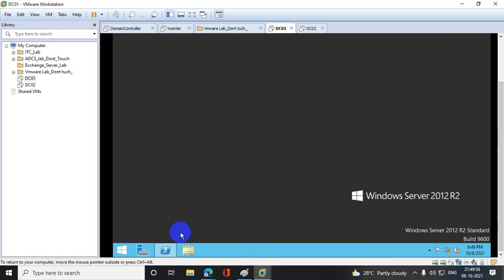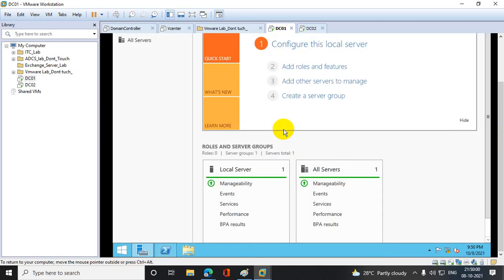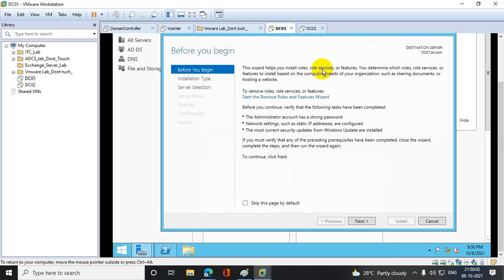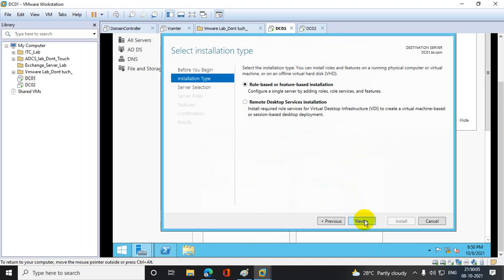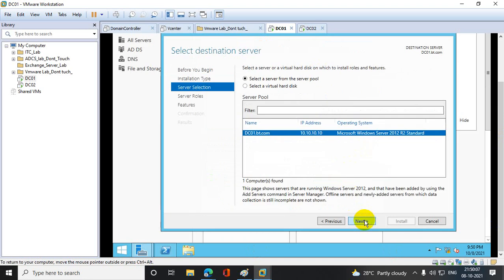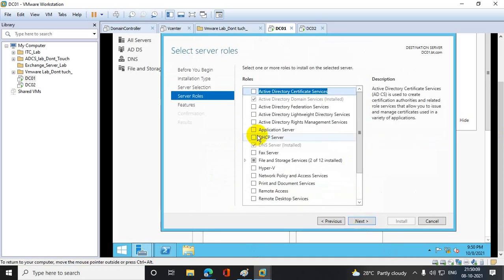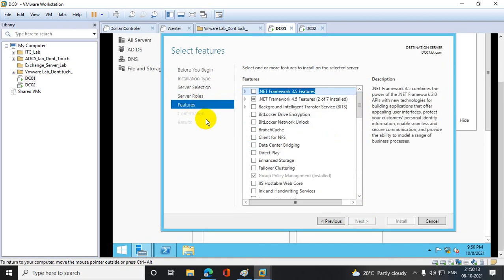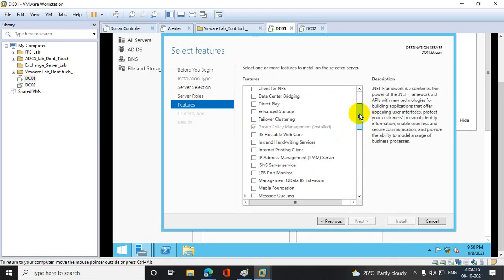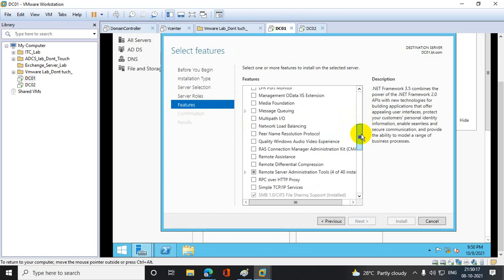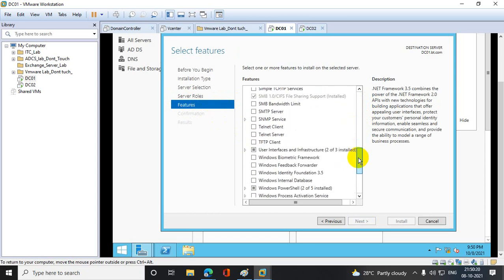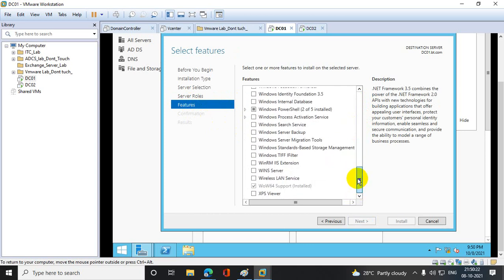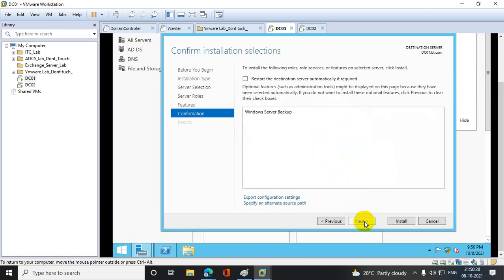So for that, go to Server Manager, add roles and features, click next, next, next, and then go to features and select Windows Server Backup. Got it? Click on next and install.